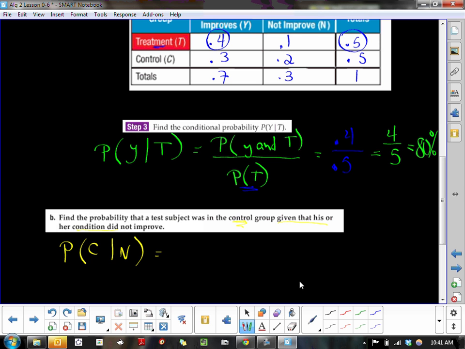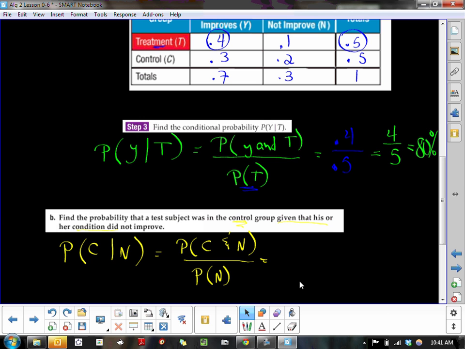So we run through our calculations. We want the probability of in the control group and did not improve, divided by the probability that they did not improve. So we're going to go up in our table and find where the percentage is that says they were in the control group and did not improve. So here's our control group, did not improve, that is 2/10 of the time, so 0.2,